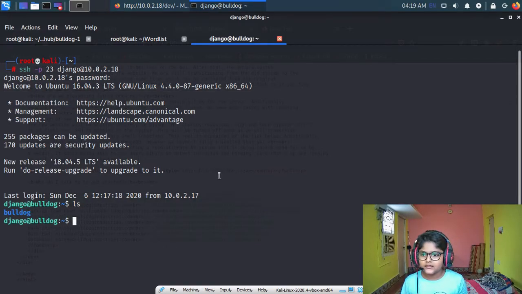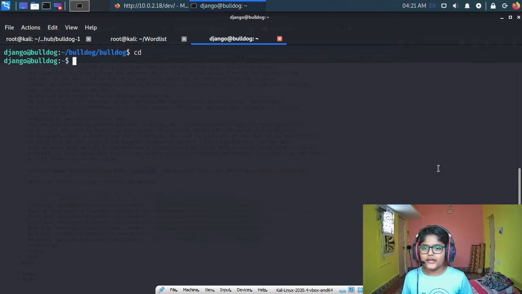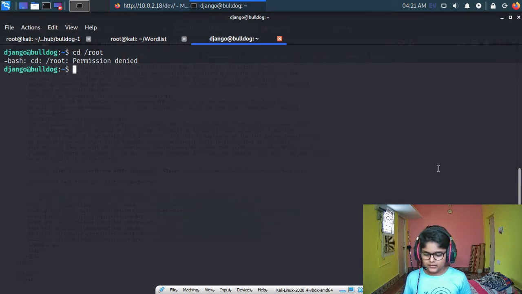So let us list all the files. So yeah, we can again try with we can just log in, change the directory to root's cd. Okay, the permission is denied, so let us do sudo and sudo's password.